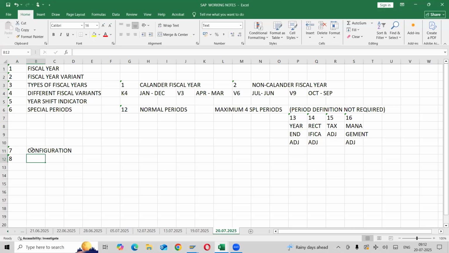That is okay. That's not in this fiscal year variant. We discussed year dependent and year independent. Am I right? Yes. But yesterday, when I explained the year dependent and year independent topic again, everybody understood